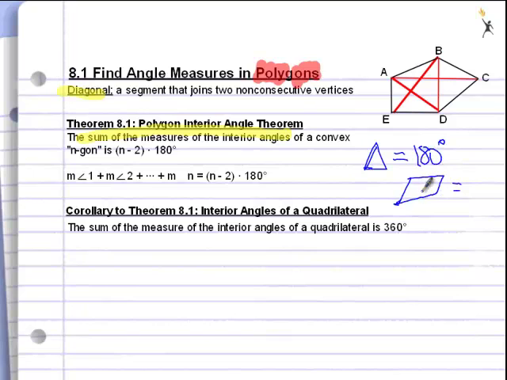In fact, we can take any quadrilateral, break it up into 2 triangles, which means that the interior angles have just now doubled. But what we're given in geometry is a formula that tells us if you take any number of sides